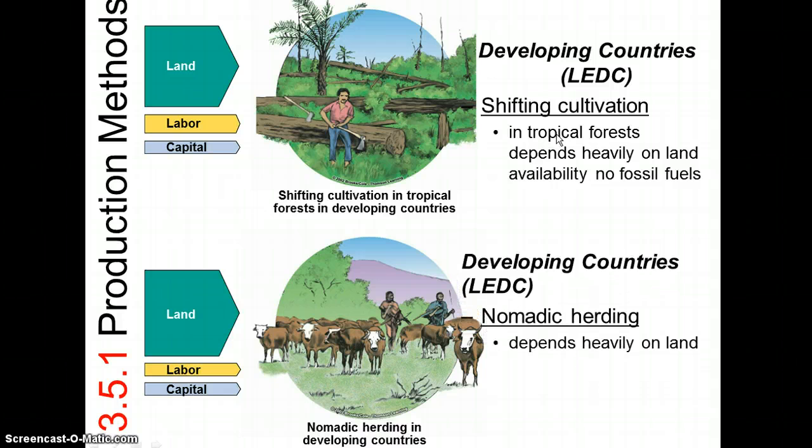Another one is nomadic herding. Notice that this depends heavily on the land available, and it takes a lot of space. These people move around to different locations as they use some of that land and the grass, and they keep moving. These are not as common in our developed world because we mostly rely on intensive, very